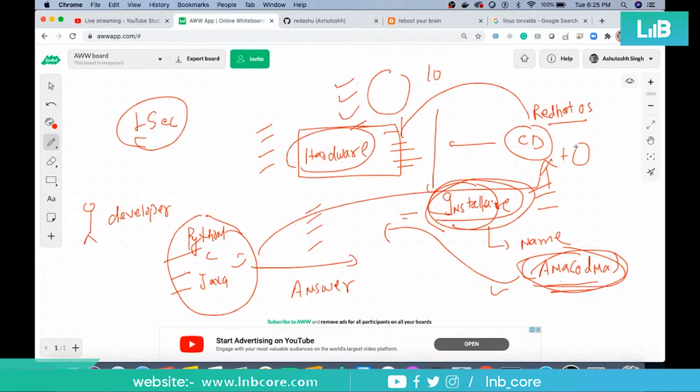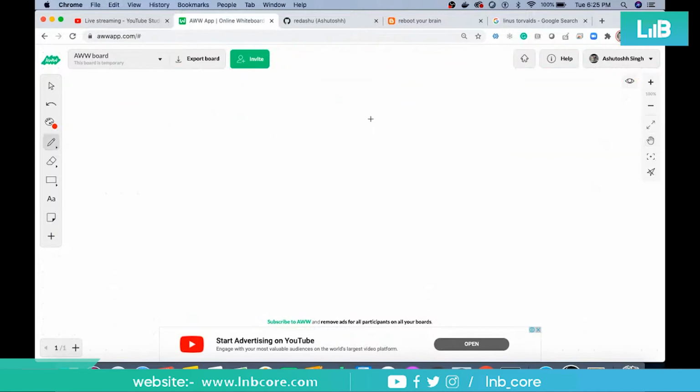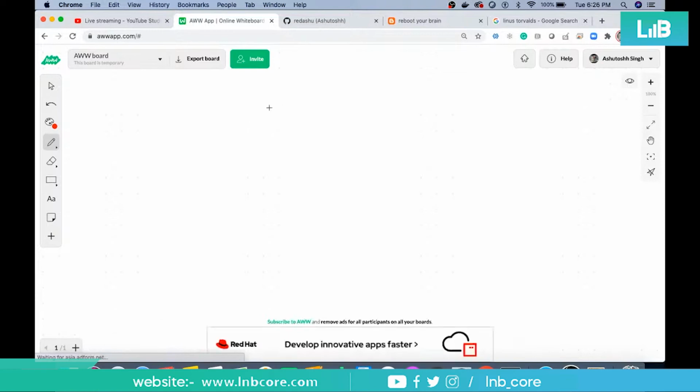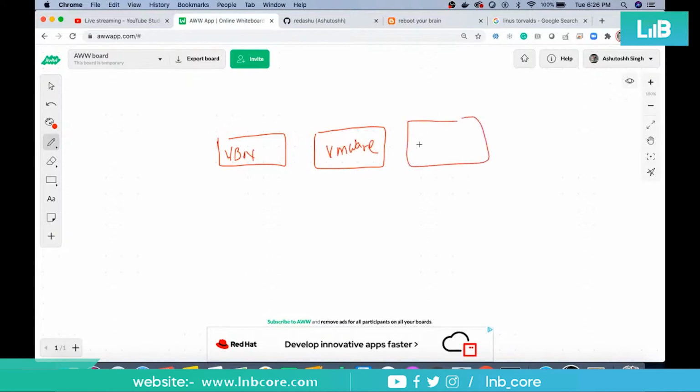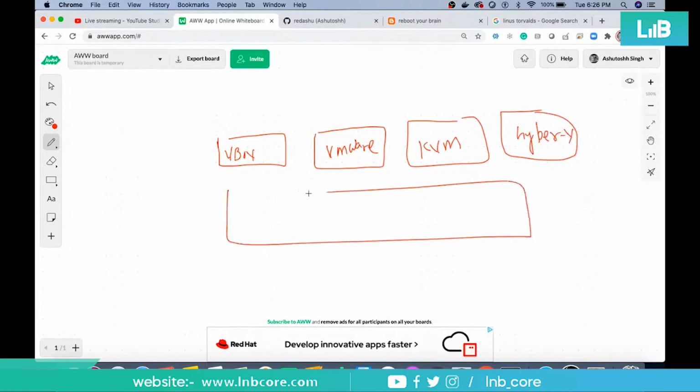Okay, now moving on to the next. So how are we going to use that? The setup we'll be using, I have already discussed with the teams: either you use VMware or VirtualBox of your own choice, or maybe any other virtual machine software like KVM or Microsoft Hyper-V, whatever software you want to use. So let's say you have your Windows or Mac based system. Here you can install VirtualBox, VMware, KVM or any of your choice. And then on top of this,